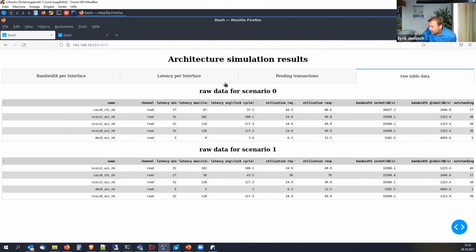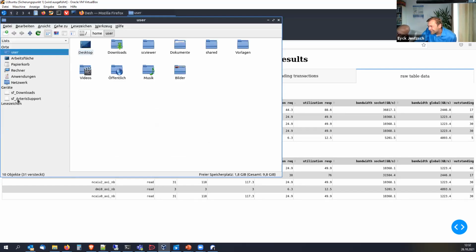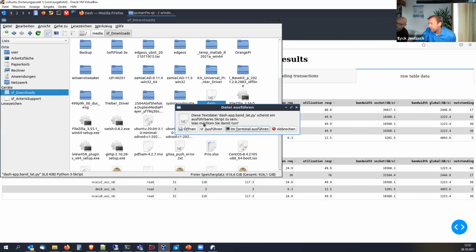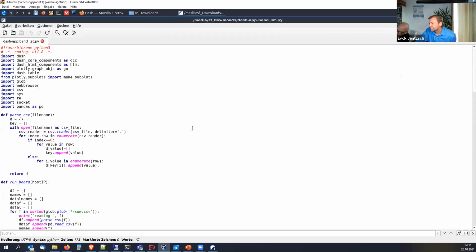And as a last part, I just wanted to, the text editor. It's closed. It's closed. Ja. Ich weiß nicht, wo es hin ist. Das ist das Problem. Da musst du hier drin. Das war, ja. Dann hier SF Media, SF Downloads. Und da müsste irgendwo ja, hier oben. Okay. Öffnen. Ja,